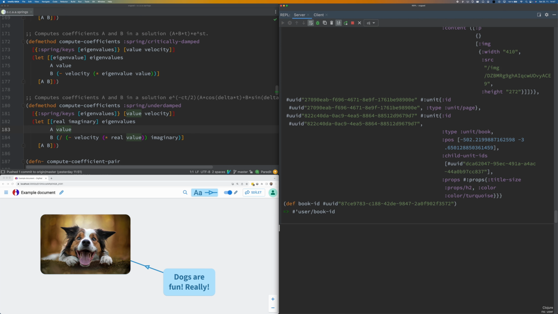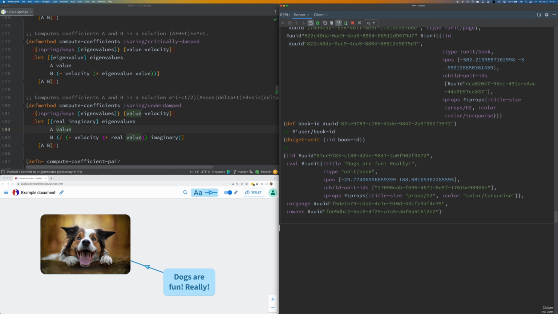Now I was reading it from memory, but I can also go into the database. For that we use HugSQL. So this is, let's say, db-get-unit of this unit ID. And these are the raw data I get from the database.